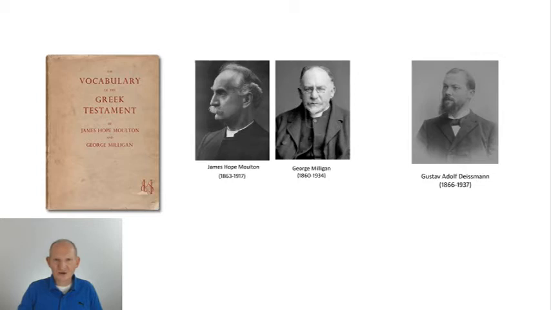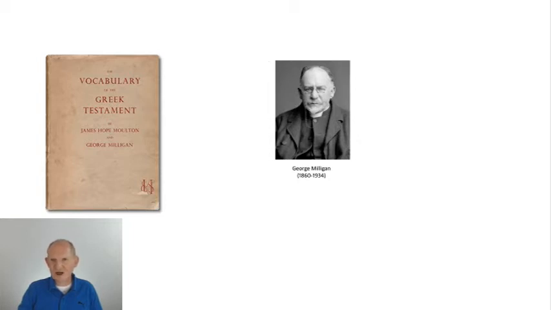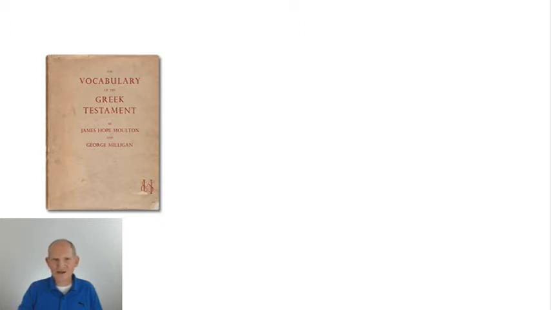But when World War I broke out in 1914, the project was put on hold. Of course, during the war, Moulton and Milligan had no contact with Deismann. They continued to work on the project, but then Moulton died in 1917. Milligan went on to publish the work they had done to date and later added a few updates of his own. The last edition was published in 1930, but the work was never finished. Milligan died in 1934, and then their work sat on a shelf, mostly unused and unappreciated, for the next 8 decades.